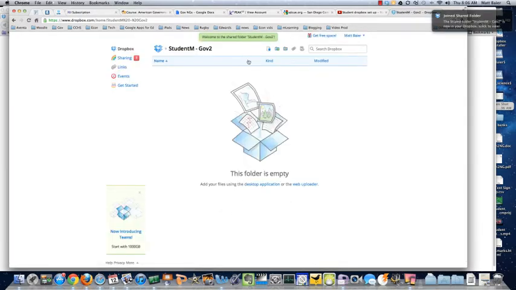There, it's in there. You can see "Welcome to the shared folder." This is what's in that shared folder right now. Right now there's nothing in there. When your students first do this, they won't have anything in there to show you yet. Okay? Now that they have shared a folder with you, what the next step is going to be is